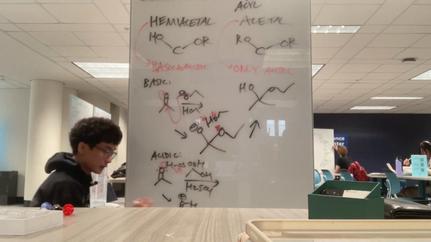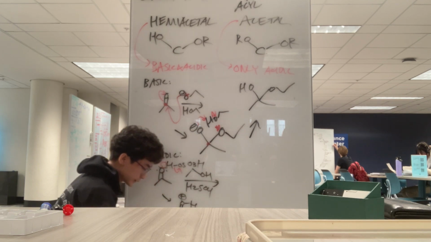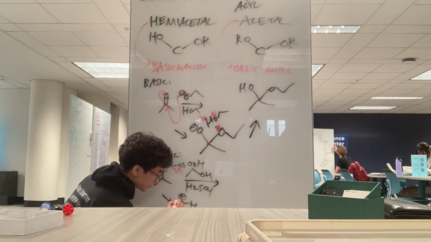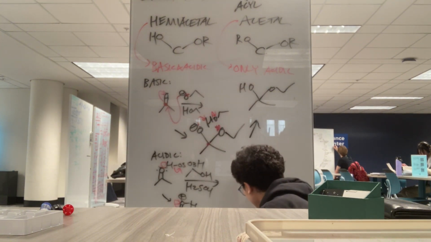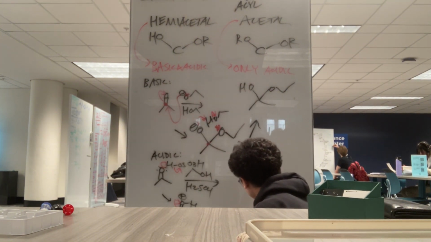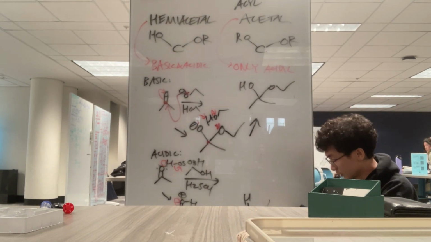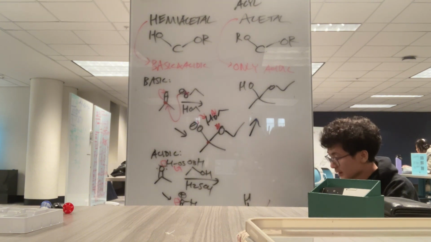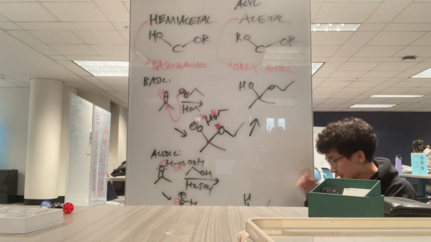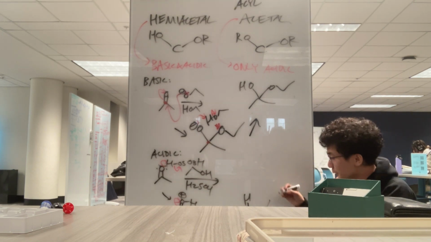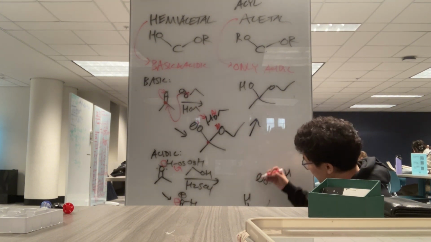This is now a strong enough electrophile for this weak nucleophile to come in, attack that carbonyl right there, pop the double bond onto the oxygen, and give us this intermediate here. Keep this in mind, we still have the R group of the oxygen attached to that oxygen. The hydrogen is still attached to that oxygen. And because this oxygen has 3 bonds, it's positively charged. Now, the last step, if you want to stop at the hemiacetal, is that we're going to deprotonate